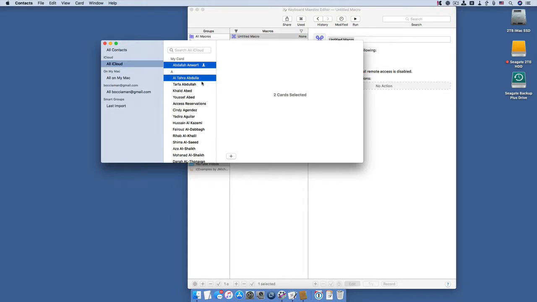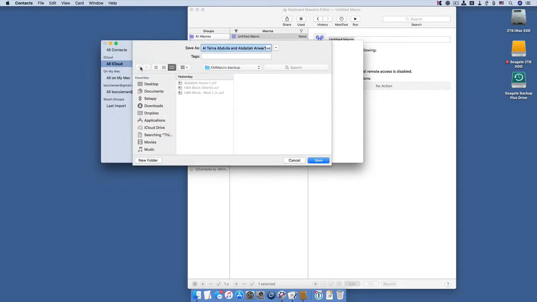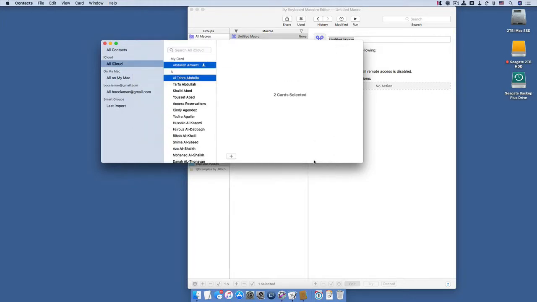Okay? Now I'm going to do the exact same thing. Go to File and Export, export vCard. Now, if you see the title, it picks the two names, and you basically get one file with those two vCards. If you save them to the desktop, for example, it will create one file,